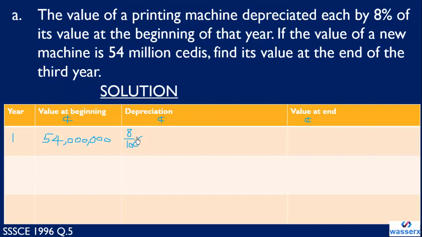The depreciation is calculated by multiplying the rate by the initial value of the asset, which is 8 over 100 times 54 million. We calculate this to obtain 4,320,000. So the value at the end of the first year is 54 million minus